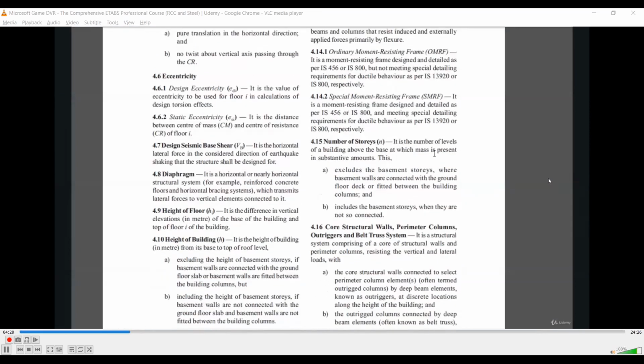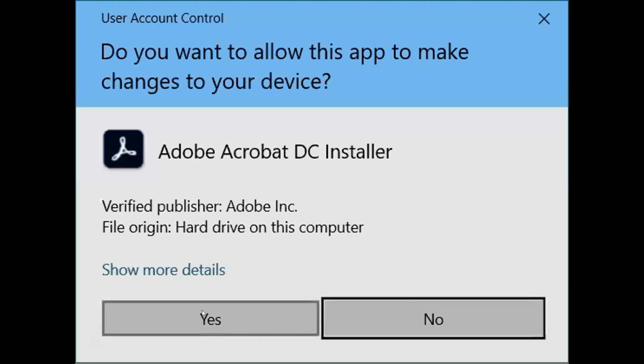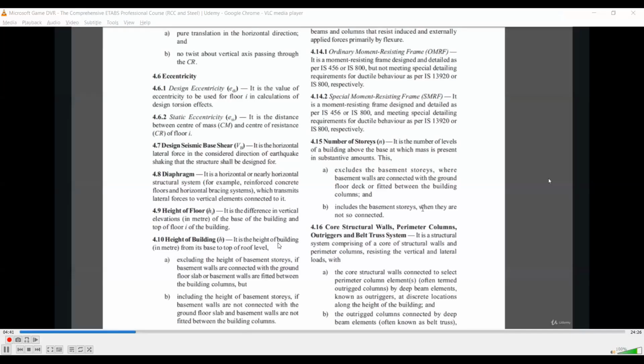Number of stories: it is the number of levels of the building above the base at which mass is present in substantive amounts. This excludes basement stories if basement walls are connected with the ground floor deck or fitted between the building columns, and includes the basement stories when they are not so connected.